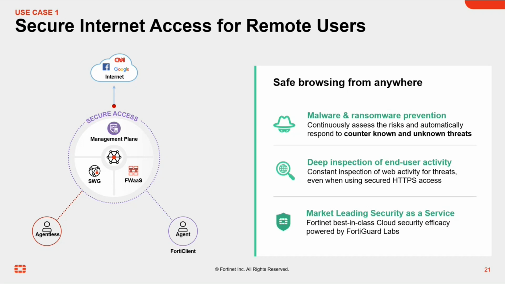So essentially looking at that traffic from the end user going through the SASE platform to the end destination to see if there's any potentially malicious content, to see if there's any data exfiltration, and we can block that. So essentially having that visibility of the traffic as it leaves the user into the SaaS-based applications or to the public internet. And then once again, tied from a leading security services perspective, essentially powered by FortiOS with that same threat protection that you get with a next generation firewall from Fortinet.